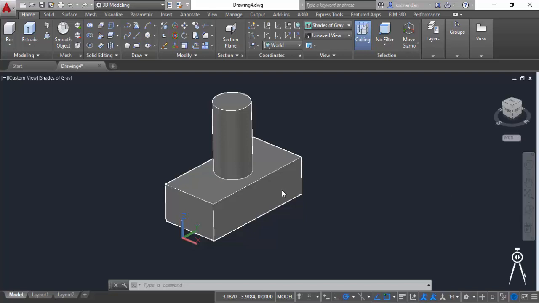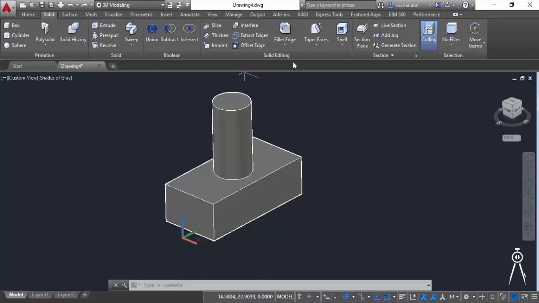In this lesson, I'll tell you about fillet and chamfer command with the help of this geometry. So here we have this cuboid, and on the top of this cuboid we have a cylinder. Both of these geometries are joined to each other. Now in order to create fillet or the rounded shapes around the corners, you need to select the fillet command from this solid tab and solid editing panel.